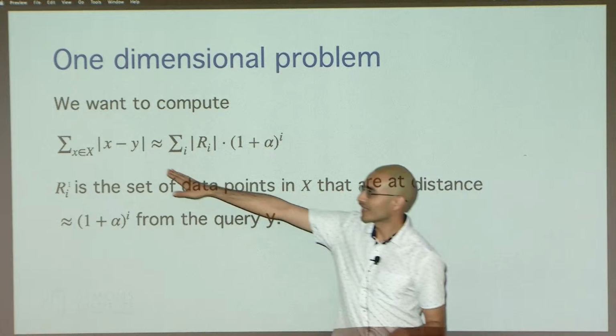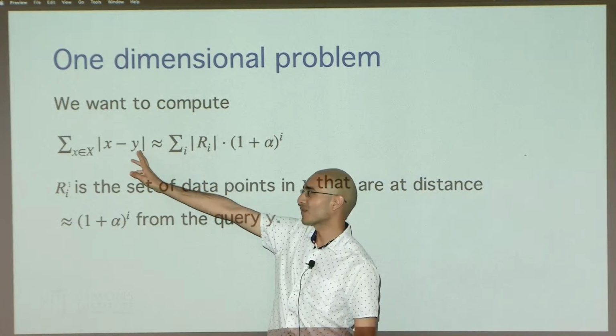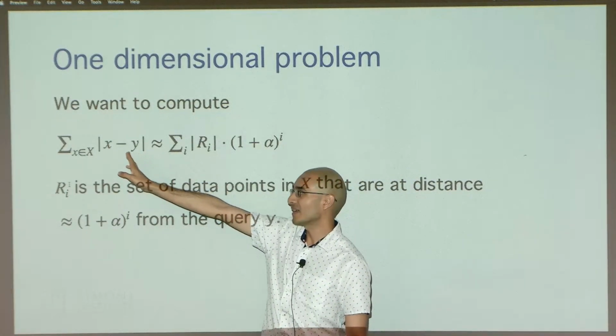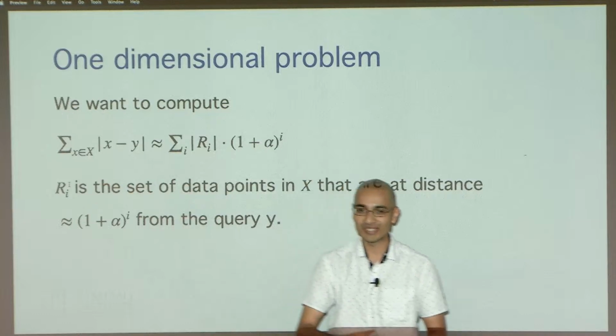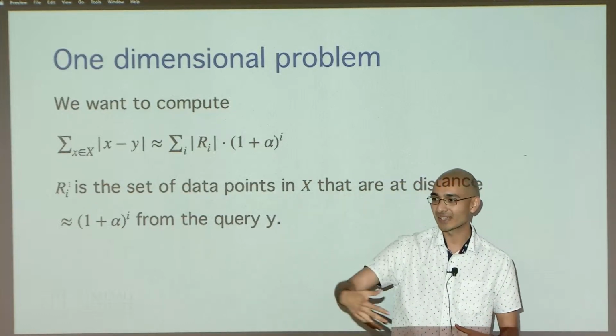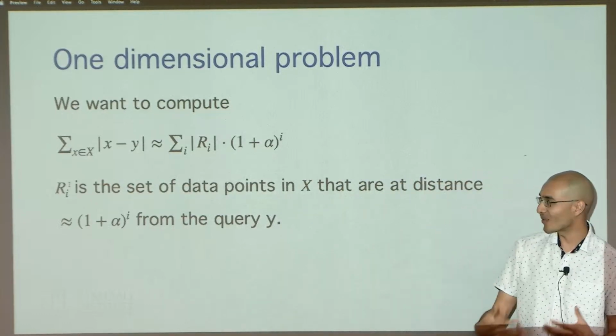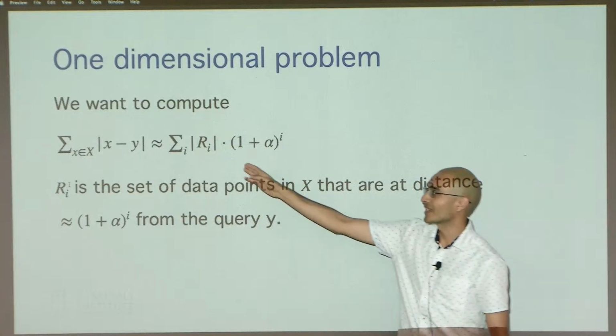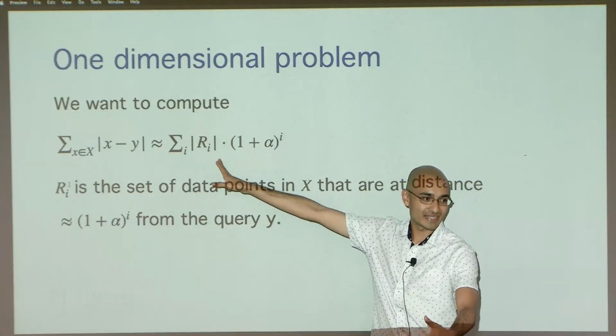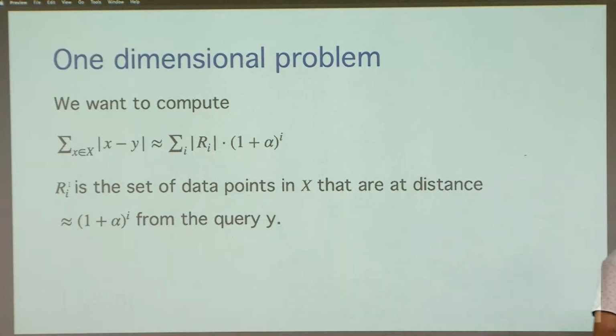What is this sum? Essentially, for this query point y, if I know how many data points are within distance 2, within distance 4, and 8, these powers of 2, then all I really need to care about is how many points are at that distance scale, and I can multiply by the size of that scale. So all I'm saying is